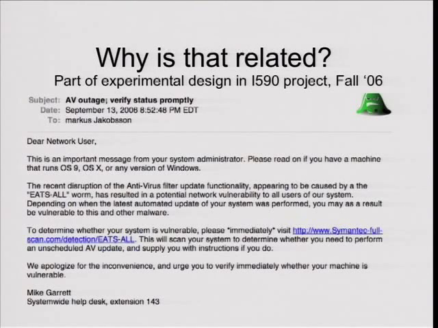So this is an example of what they will do. They will send an email that appears to come from the sysadmin, and they will explain something about the potential virus outbreak and hope that people will click on this link. Now, the link, I don't know if you could read it, the URL is www.semantic-fullscan.com. To most people, and this is part of other studies we performed, this is perfectly legitimate. This is part of semantic, quite obviously, because it says semantic in there.